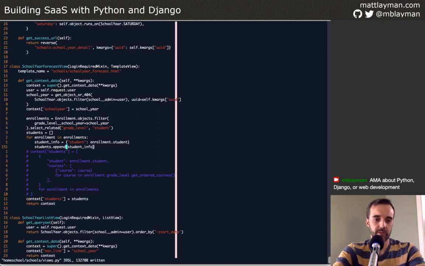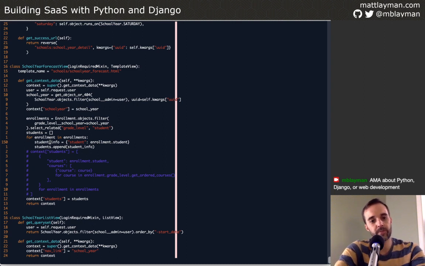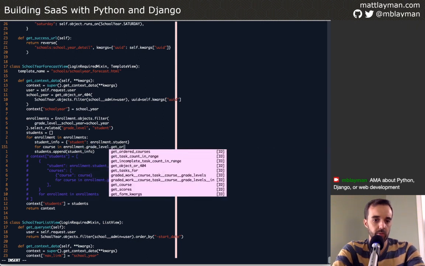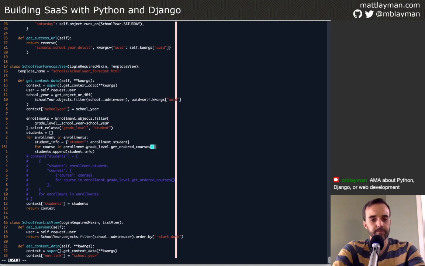So even getting this far, we're kind of getting back to the data structure that we already built out. It doesn't have the courses anymore, so that whole key is going to be missing. We're missing the inner comprehension, and that's the piece that we need to build in a second level of the for loop. So we're essentially unrolling the list comprehension into something that we can use. So now we want to say for course in enrollment grade level get ordered courses, and then do